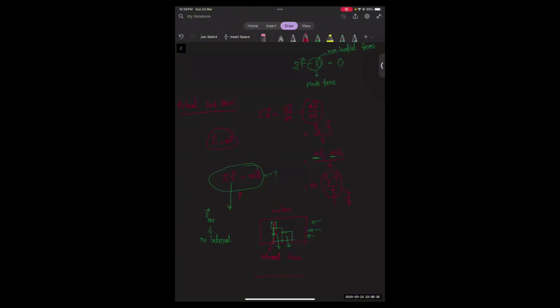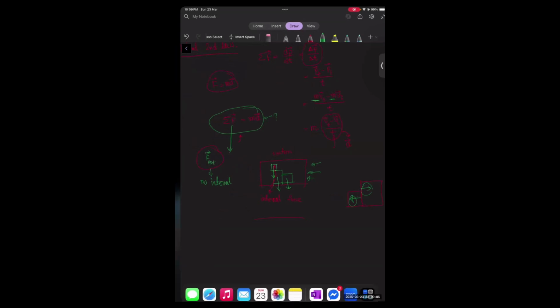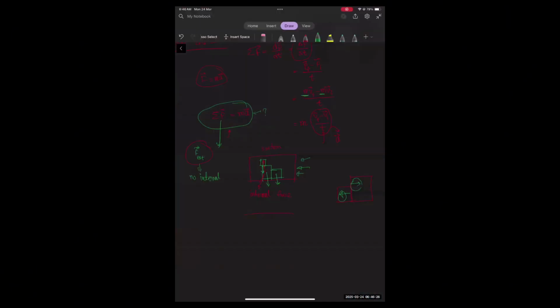Now we don't need to add any internal forces here. Why? If we have two bodies connected like this, this block pushes that one, and that block pushes this one. These two forces are supposed to be equal and opposite in magnitude due to Newton's third law. But we haven't gone to the third law yet, so we pause the third law discussion for a moment and continue discussing this first. Okay, so basically coming back here,